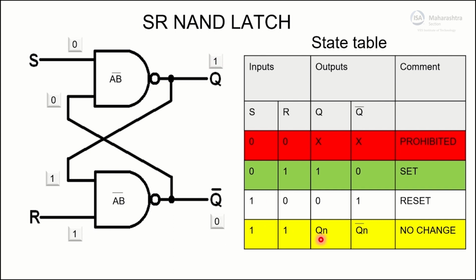See, observe the logic diagram. Initially, at S equal to 0, R equal to 1, the latch sets itself. Right? And when S is changed from 0 to 1, the previous memory still gives 0 as one of its inputs. So at the output, it still remains 1. So there is no change. It retained the memory.